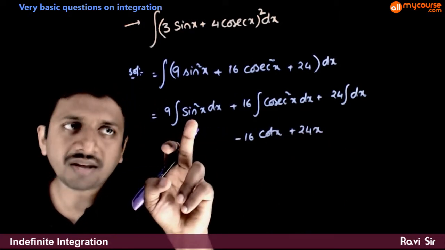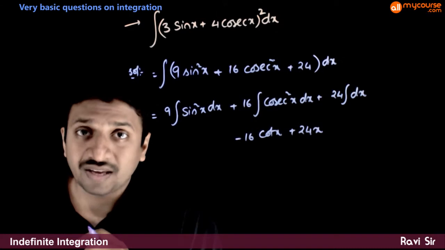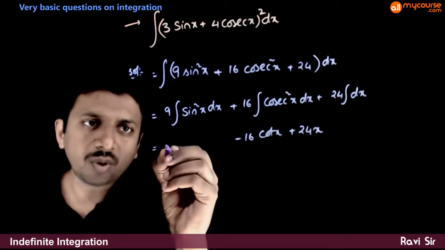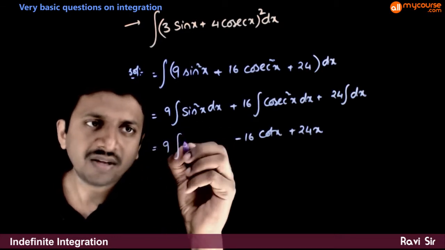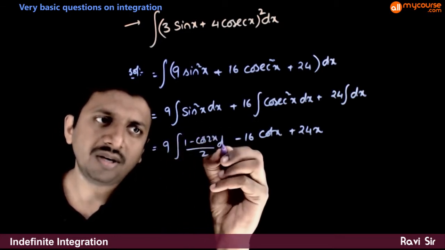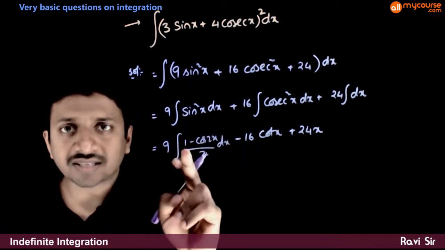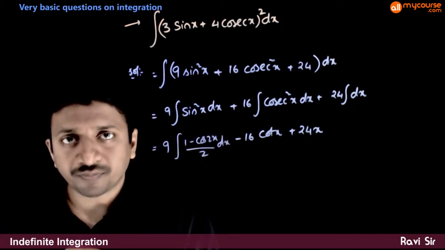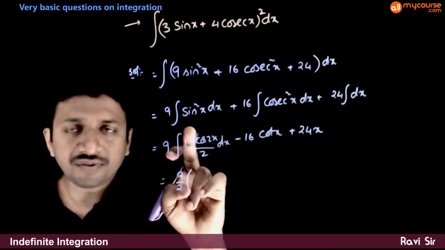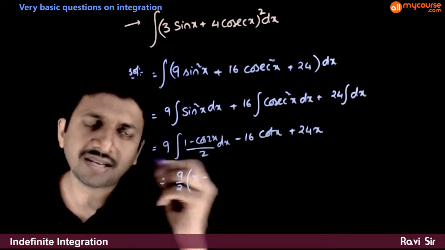So here you need to think about the integration of sin square x. So how do you integrate sin square x? What I'll do is, let us write it as (1 minus cos 2x) by 2 dx. Sin square x can be written as (1 minus cos 2x) by 2. That is equal to 9 by 2 times, so if you think about 1, the integration is x minus